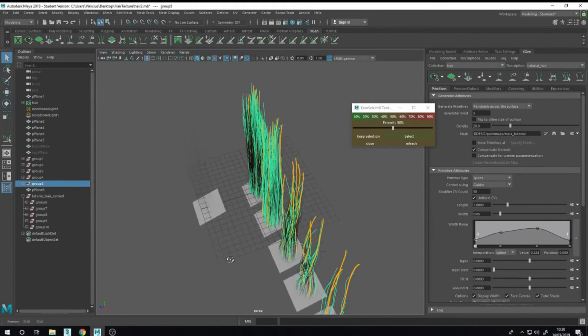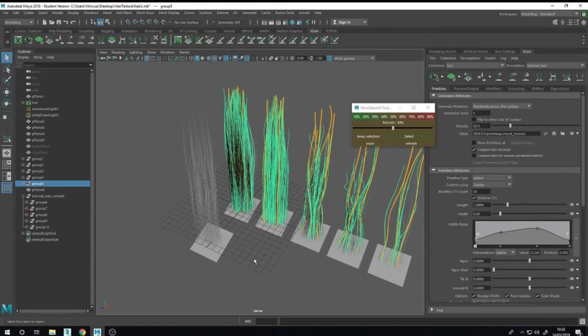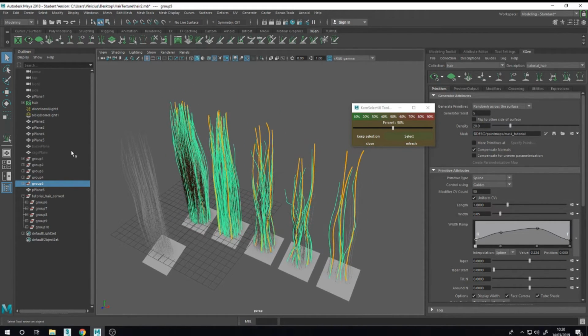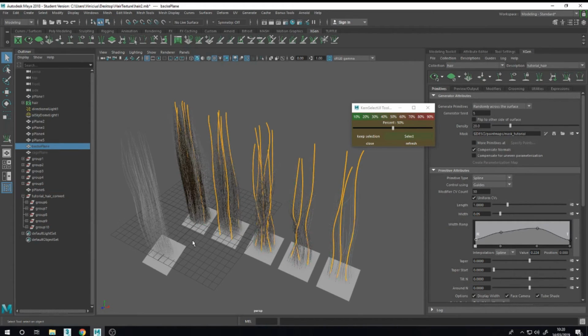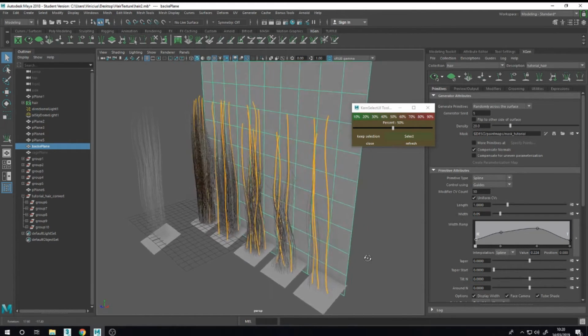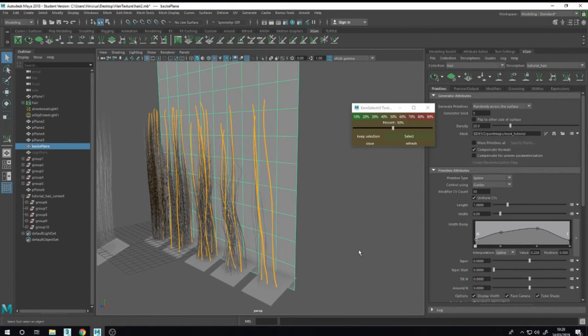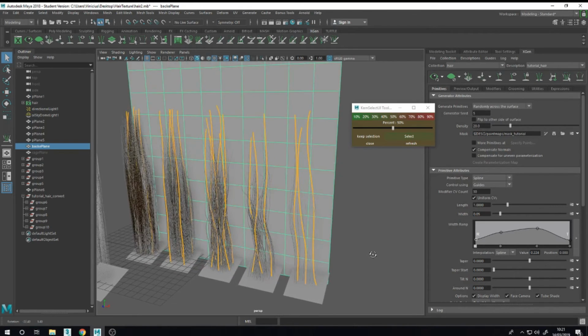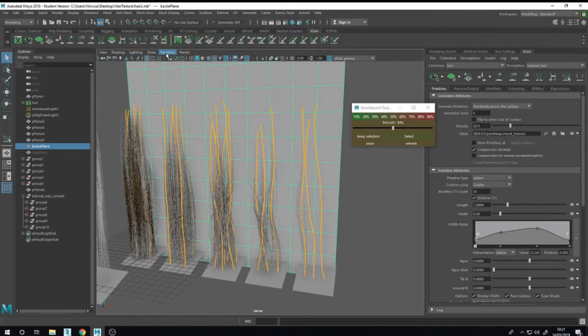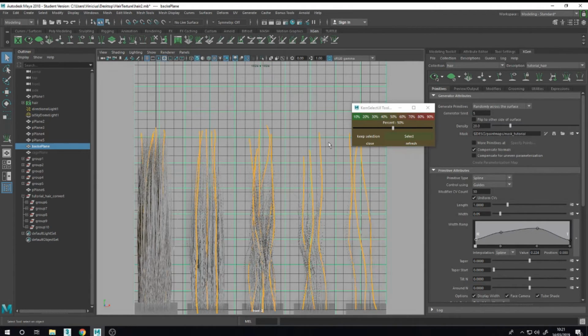So now you have to create the baking plane and the cage. It's just a plane like this one. You create a plane and put it on the back here with the same size of the orthographic here to cover the background here,